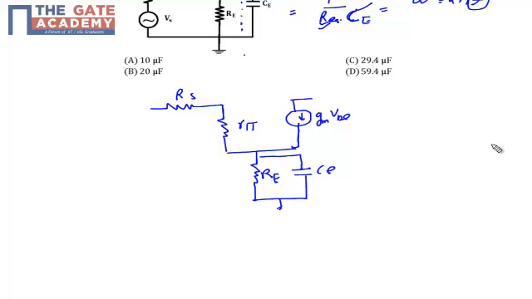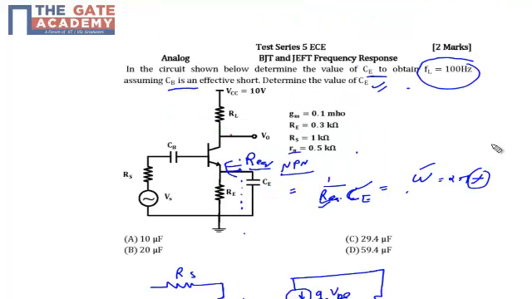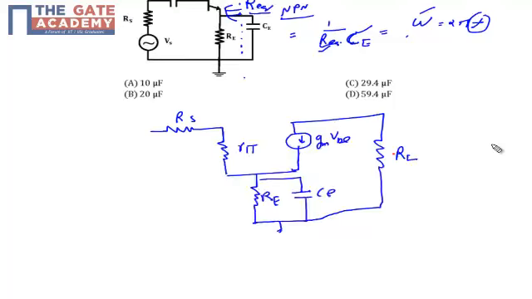And across gm VB in the collector terminal we have another resistor. This resistor has a value of RL, and from base to emitter we have voltage drop VBE. So this is my base terminal, this is the collector terminal, and this is my emitter terminal,